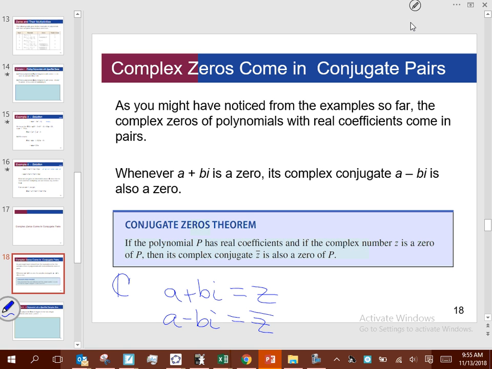Basically it says if z, which is a plus bi, shows up as a zero, then z bar, which is a minus bi, shows up as a zero. Okay, so the conjugates always come in pairs. So how does that